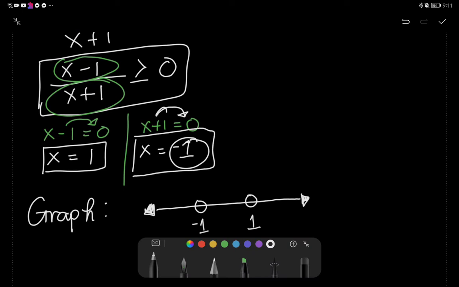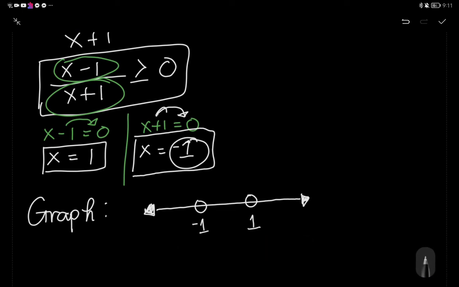Okay, now negative 1 here, we are not going to include negative 1 as a solution. Why? Negative 1 makes our